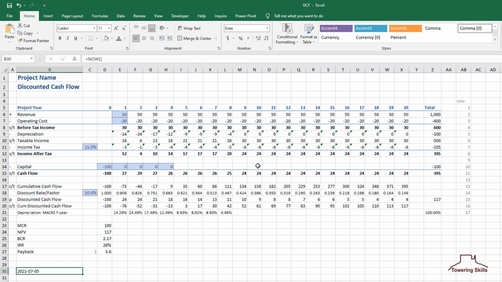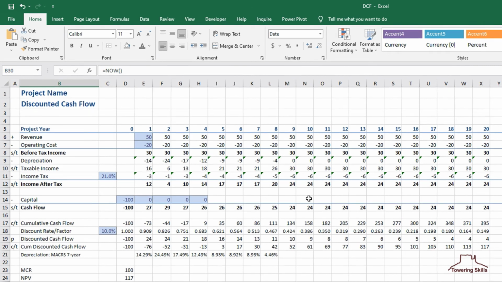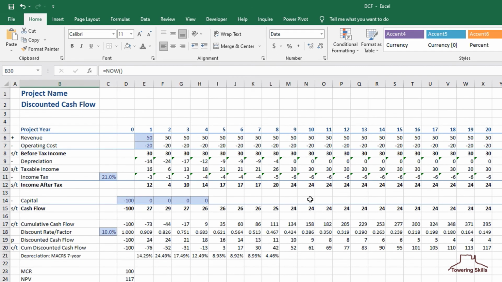Okay, we're done. But you might not be done. You can modify the spreadsheet to match your situation. The blue highlighted cells are the most obvious places to change inputs, to change the revenue, operating cost, income, tax rate, capital, and discount rate. You also can change the depreciation rates on line 21. If the revenue and the operating cost values vary year by year, you can enter the values you have in place of the formulas we entered on lines 6 and 7.